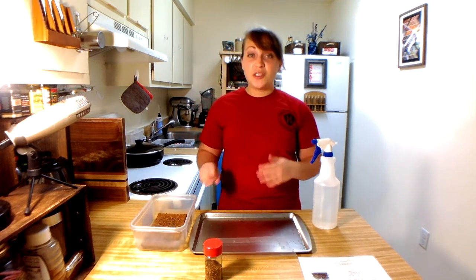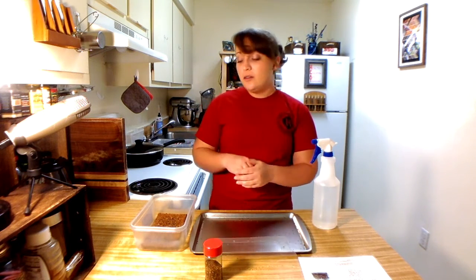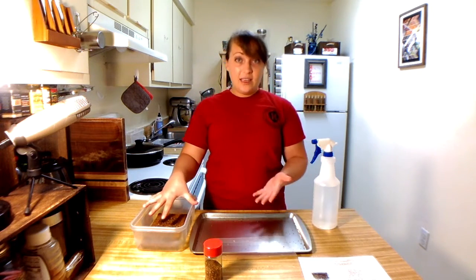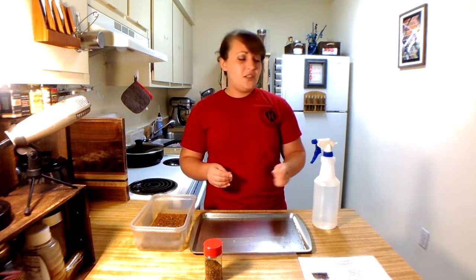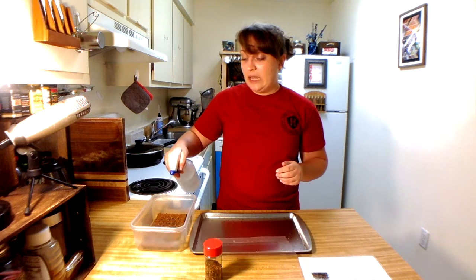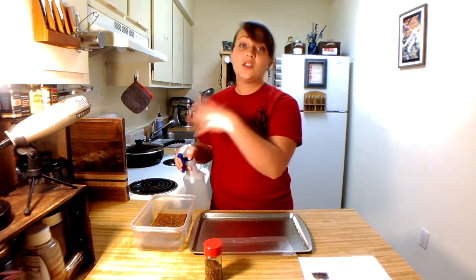And it's ready. You can just put it under, if you've got a sunny windowsill, or you can even use a grow light that has a light and dark cycle. And we're just gonna wait for them to germinate. So we're gonna check back with this daily, 2 to 3 times a day, to actually use our spray bottle and give a nice light misting to make sure that they stay moist,